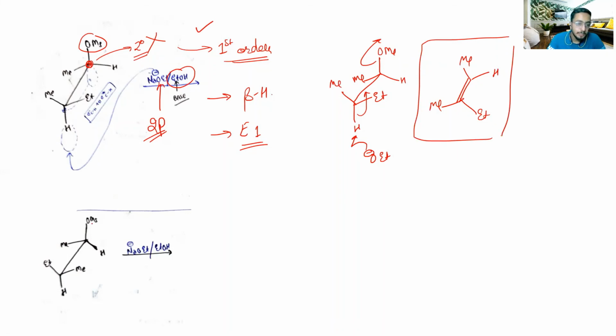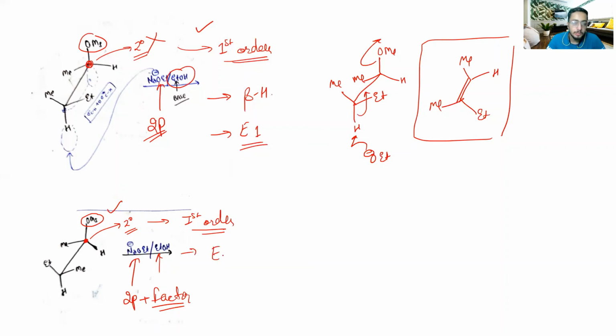Similarly in this reaction also we have an OMs leaving group. That means the reaction is nucleophilic substitution. Also if the OMs leaves, here is a secondary carbocation. That means the reaction will go with first order reaction, and the nucleophile is of 2p type and a base is also given, the 2p plus factor. Therefore it will always attack on the beta hydrogen, acting as a base, and similarly in this case also the E1 reaction occurs. And as OEt attacks this hydrogen, this bond moves here and OMs leaves, and we get a product here.